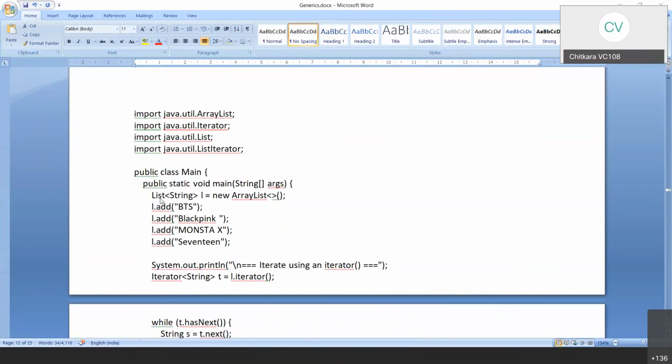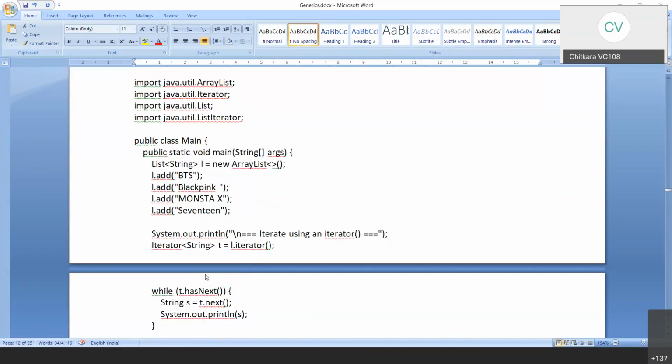My left hand side is a list reference, my right hand side is an object of an ArrayList. I'm using various bands over here: BTS, Blackpink, Monsta X. Then I create an iterator of String and attach it to L, which is a list, which is nothing but a reference to the ArrayList.